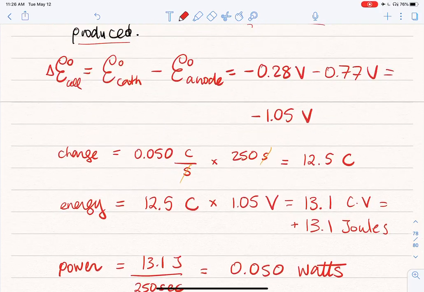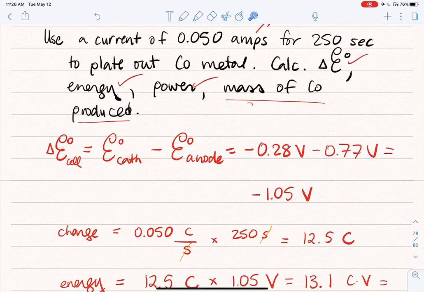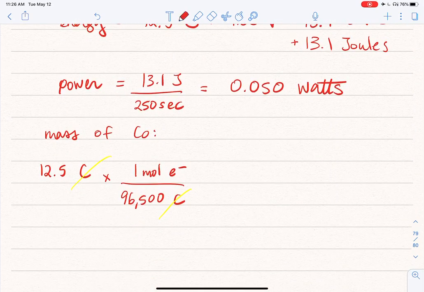So I'm on the way to converting it to a mass. Now, how many moles of electrons are transferred in this reaction? Let's take a look at the reaction. It is a 2-electron reduction. Cobalt 2 plus is being reduced to cobalt 0. So I have 2 moles of electrons transferred in this reaction. So I am going to get 1 mole of Co0 plated out for every 2 moles of electrons that I transferred. And I want the mass, so I need the